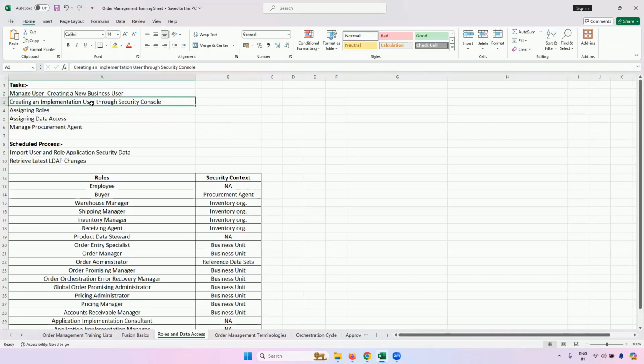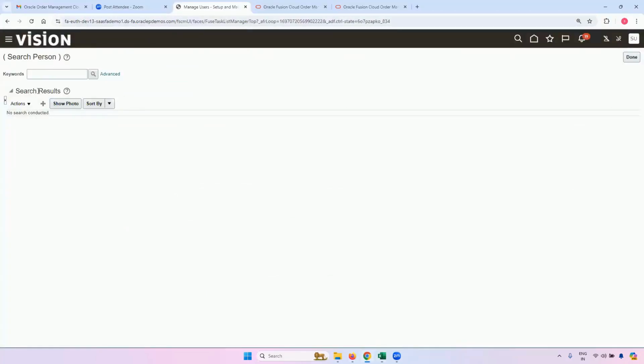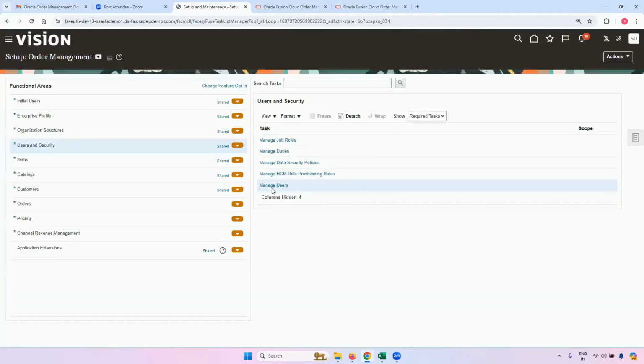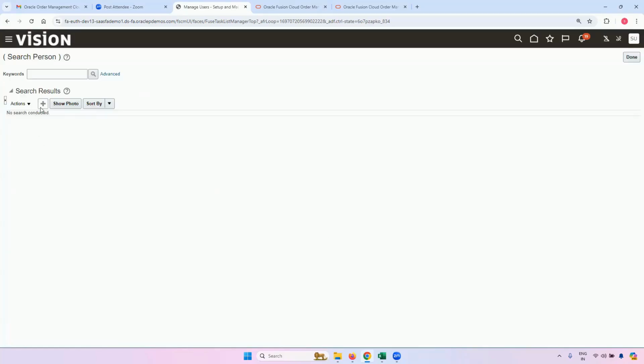The implementation user is created from Security Console, and the business user is created from the manage users screen in the functional setup manager or setup and maintenance. So I have come to the manage users screen. Let me show you that again. This is manage users. Let me click on that and click on plus to create a new user.